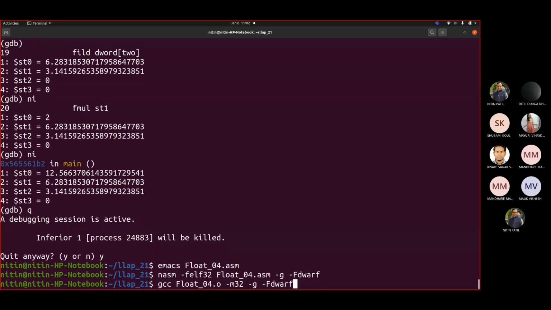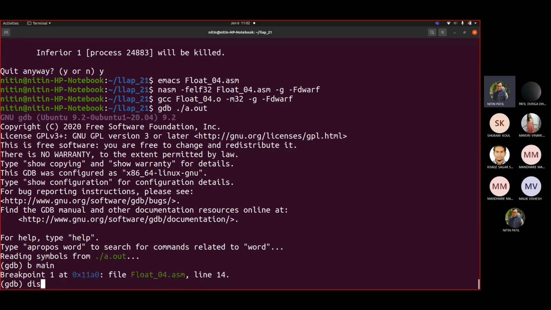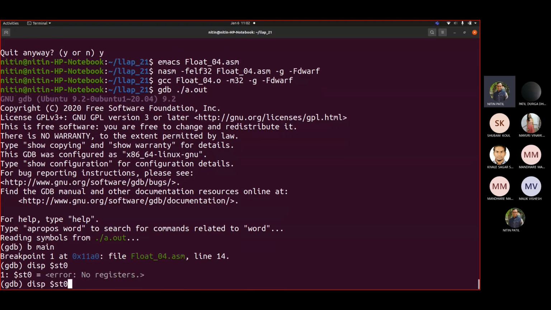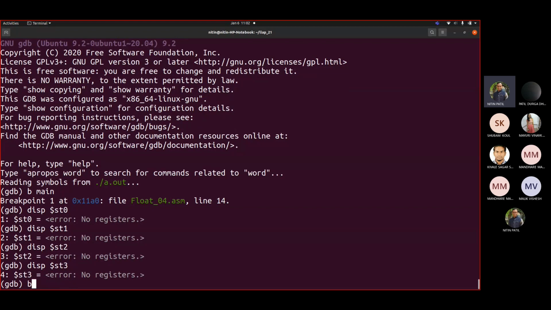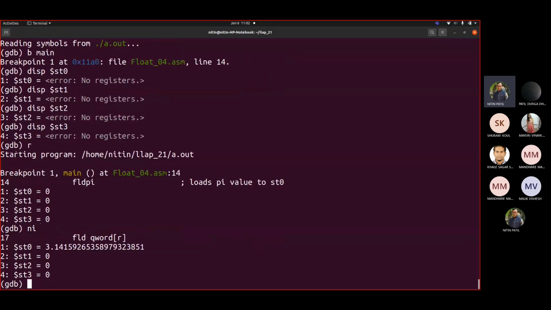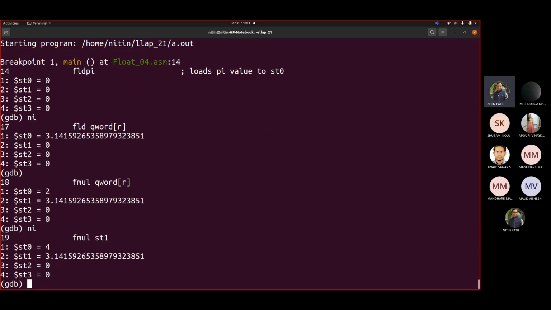NASM, GCC, GDB, breakpoint main, display $st0, st1, st2. Let us take only this. Okay, let us take 3, breakpoint main, run. Pi loaded. Now it is r square. It is 4, correct.